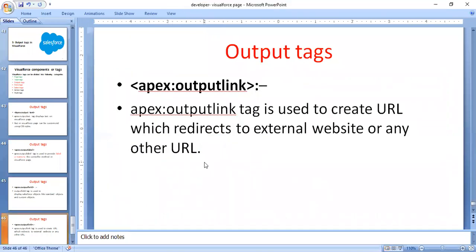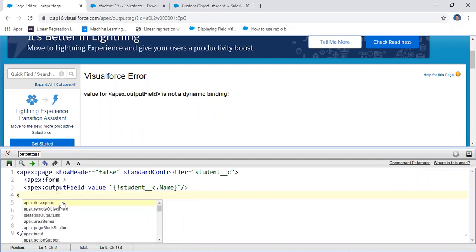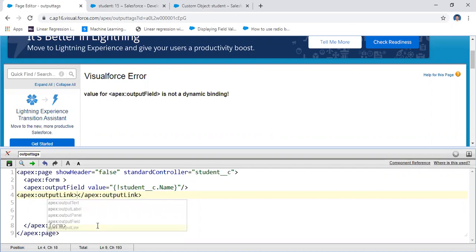The other one is the output link. The important one in this case, the output link. What is an output link here? For example, apex colon output link. Take this output link here. For example, here the value is an object.